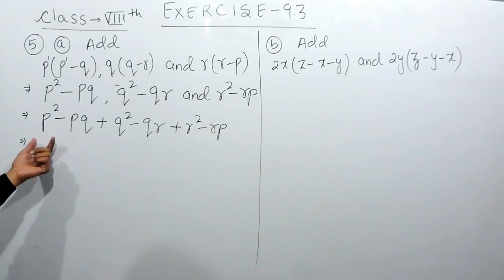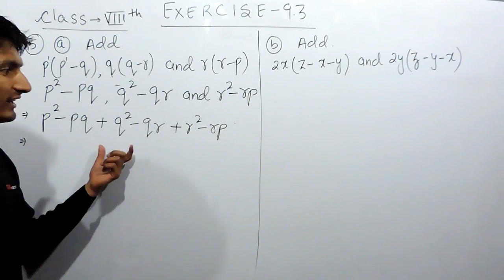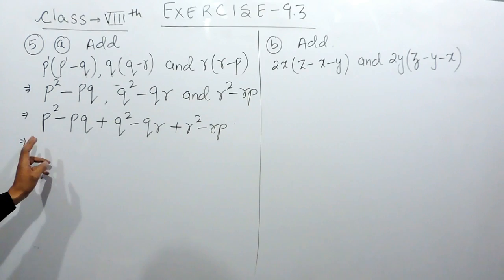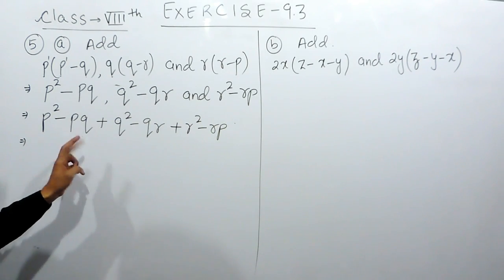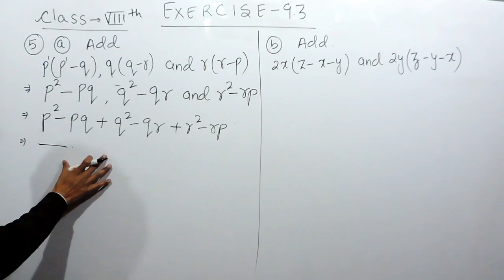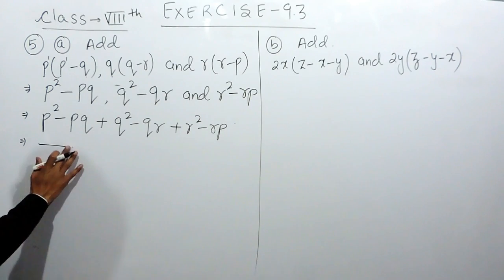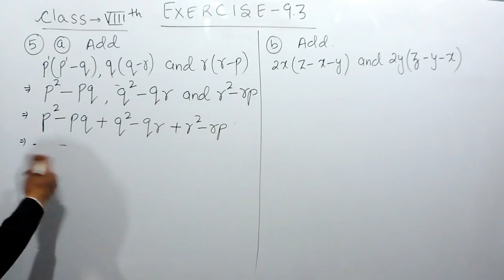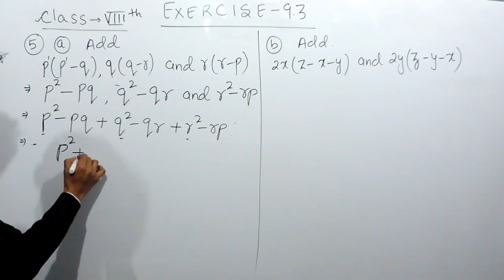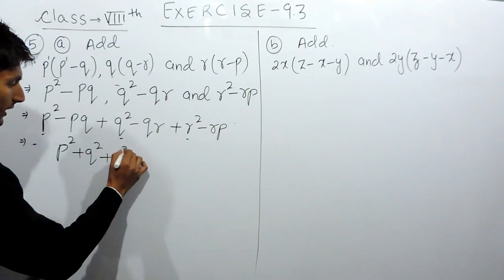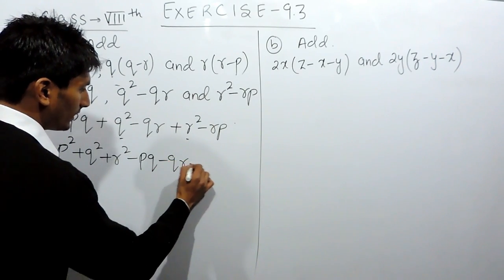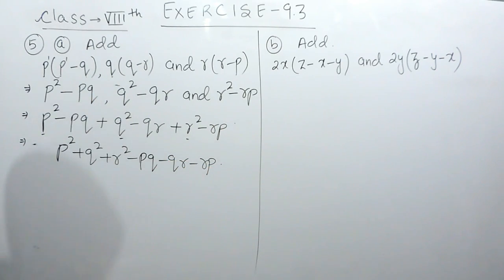So here this is the case, and for further solving this you have to check, or you can say the addition will be possible only of like terms. But in this expression there is no like term, means there are no two terms which are similar to each other. So no further addition is possible for this expression. So this will remain as it is. Or if you want to write further, you can write these terms together. So p square plus q square plus r square can be written together, and the remaining, which is minus pq minus qr and minus rp, can be written together.